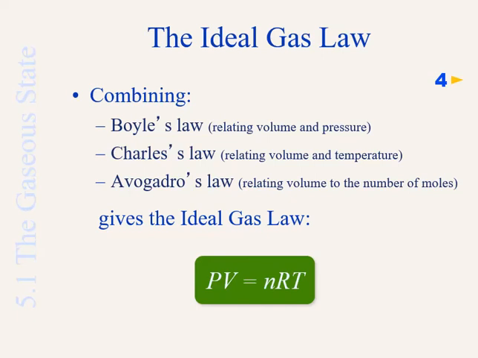The ideal gas law. We have been talking about the ideal gas or the real gas for so long, but now we come to a unique equation as related to the ideal gases. Now, the ideal gas law takes all three equations, Boyle's law, Charles' law, as well as Avogadro's law, into consideration. And here is that equation: PV equals nRT, where P stands for pressure, V for volume, and